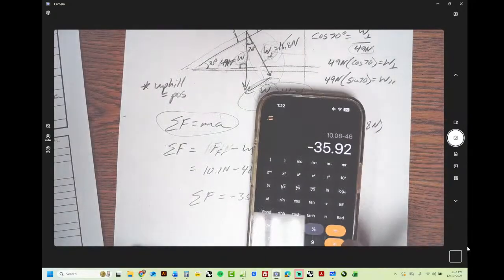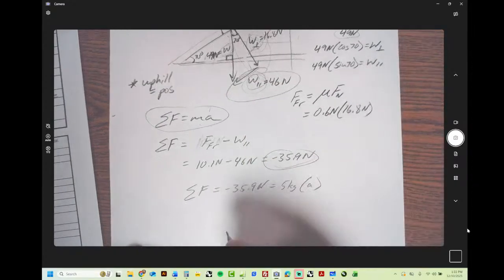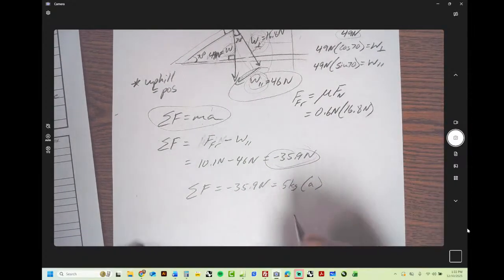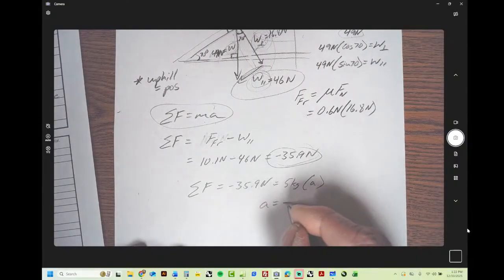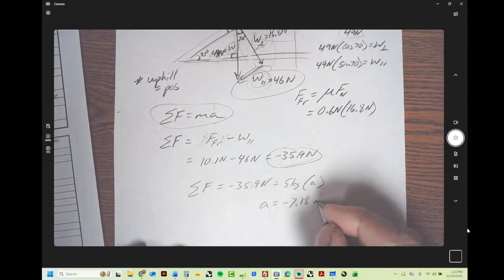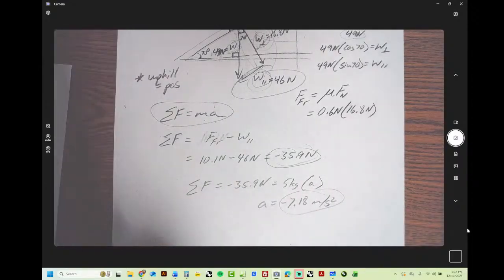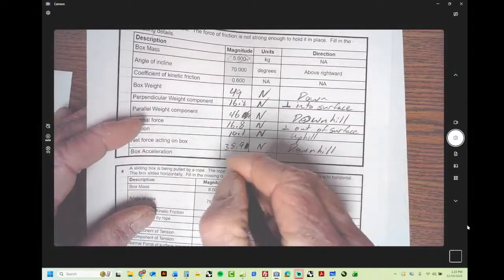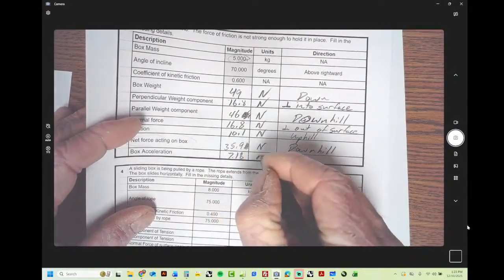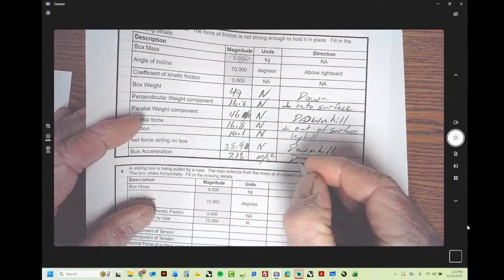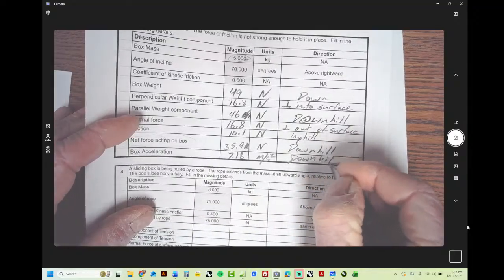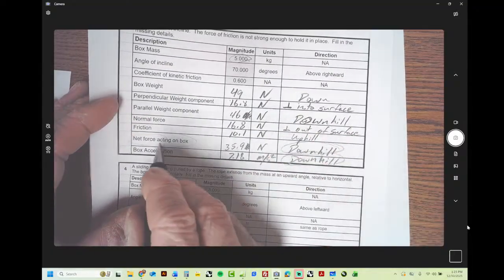So it's just 35.9 divided by 5, negative 7.2, or so. Which means about 7.2 meters per second squared downhill. The direction of the net force and the